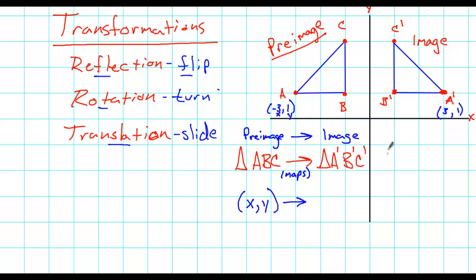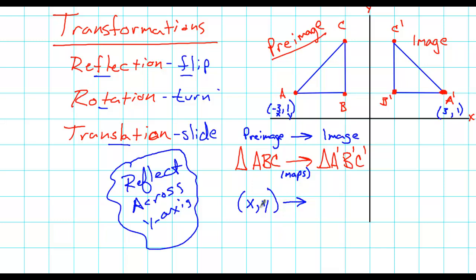Okay, now what we're looking at here is what happened with our x's and our y's when we reflect across the y-axis. That's what this whole problem is about. What happened to the point? Well, -3 turned into +3. +1 remained +1. So the x and y value of the pre-image were transformed into the x and y value